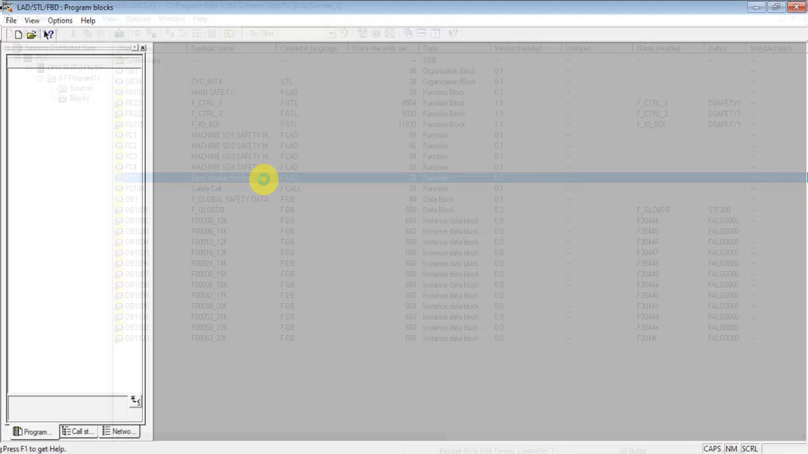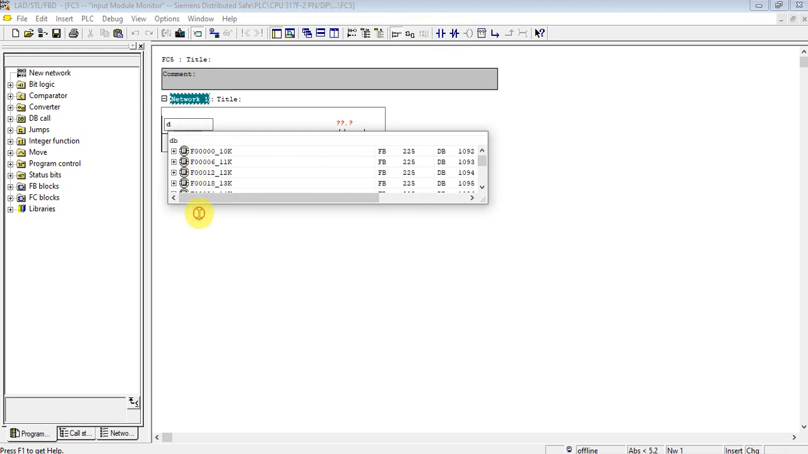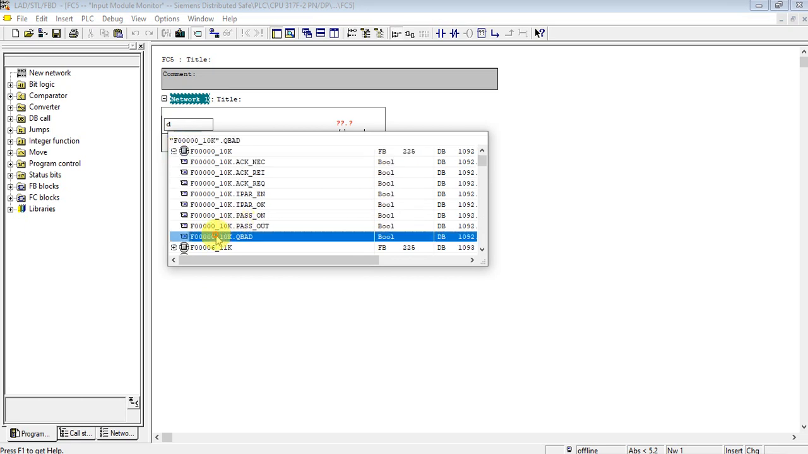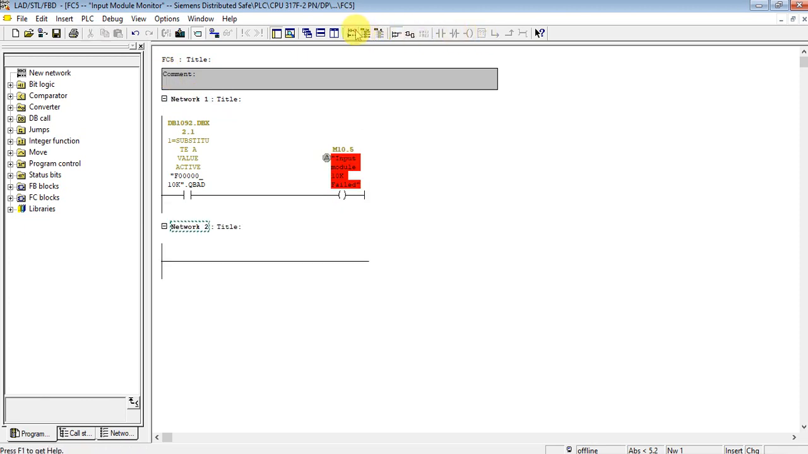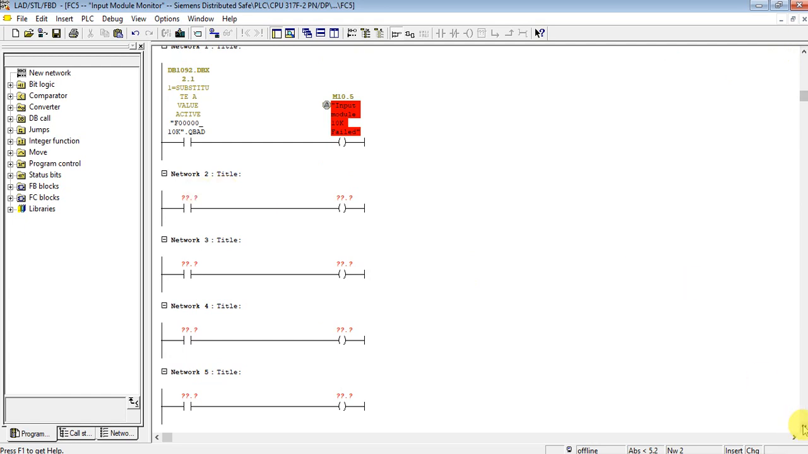because each module has their own DB. So let's DB, for example input module 10K, so we can get the Q pad signal from that and store to our memory 10.5. Okay, for input module 11K,